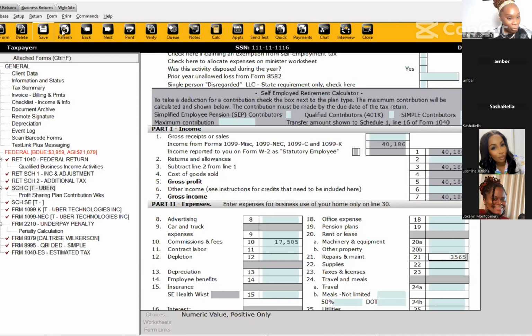Now what we're going to do is click refresh because we want to see those numbers go down since we entered that expense. So let's go ahead and click refresh. Oh, it didn't go down. Oh yeah, it did go down. Okay, so